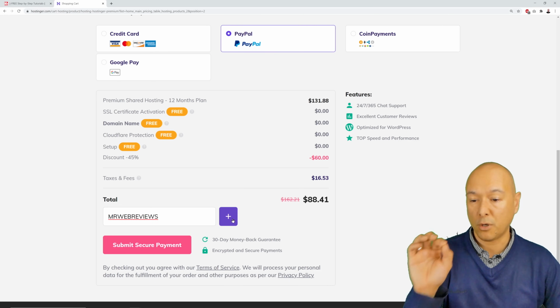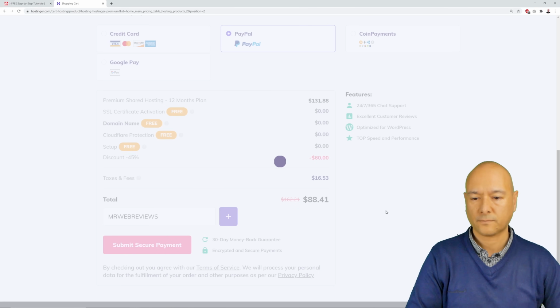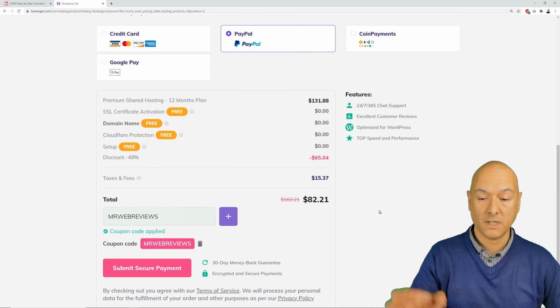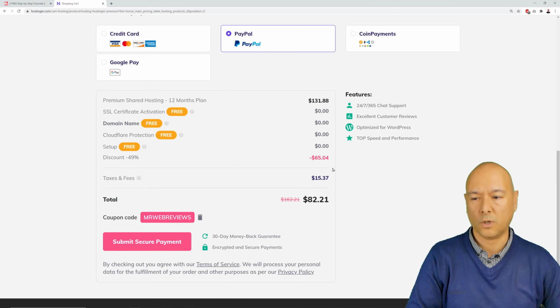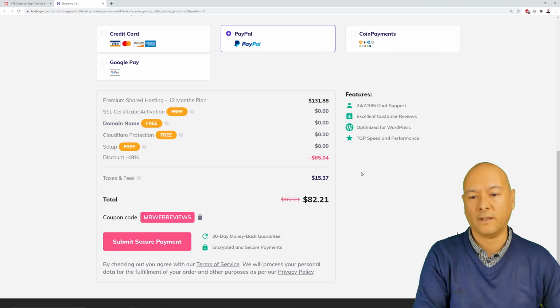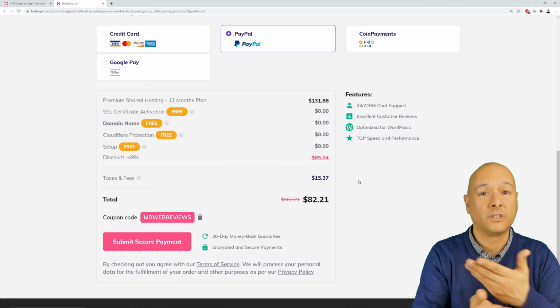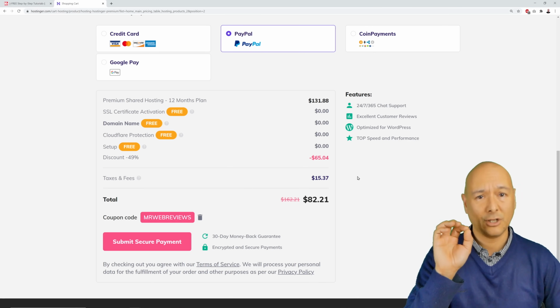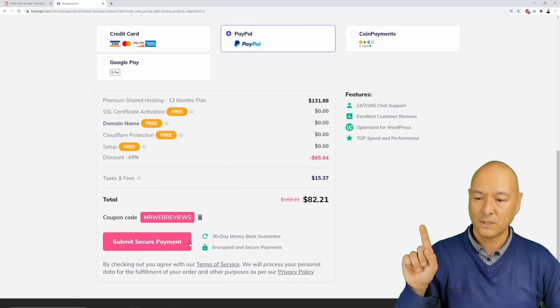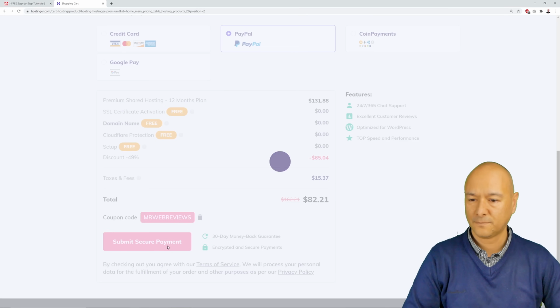And then you click the plus sign, so 88.41 goes down to 82.21. So this gives you access to an additional 5% discount. So in total, you're saving 49% on this plan. So basically, it's costing you half what it would normally cost. And just after this, all you have to do is submit secure payment, and we're almost done here for our